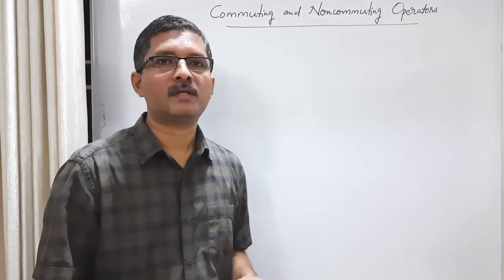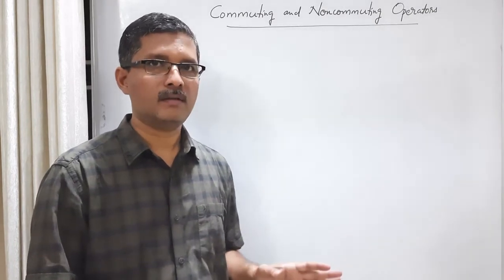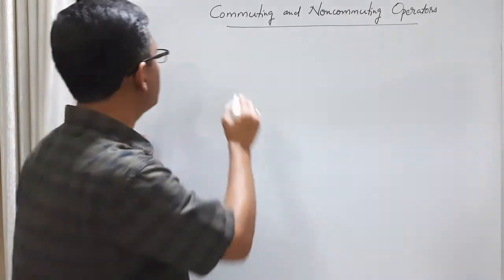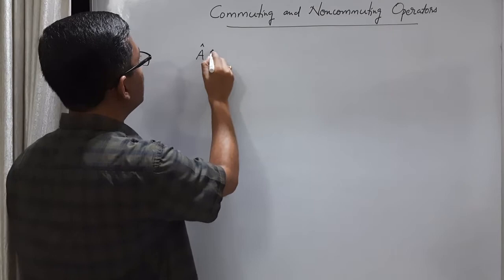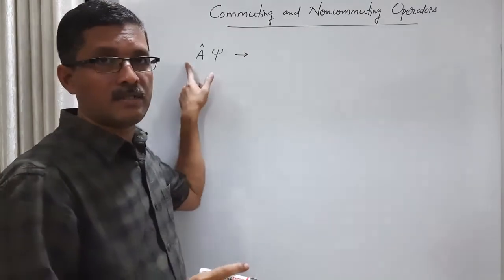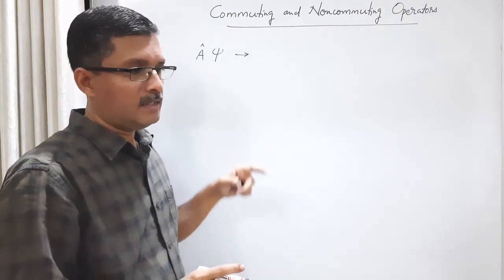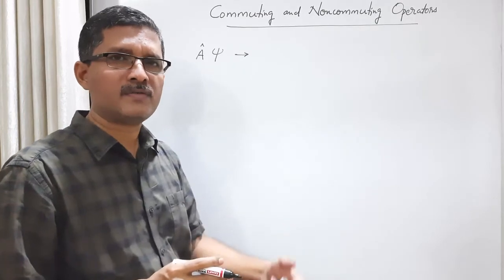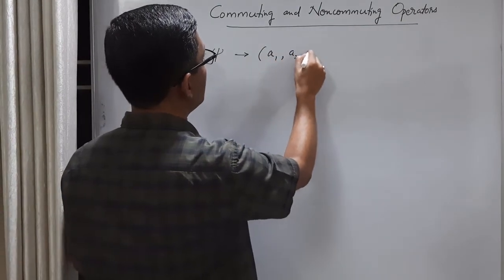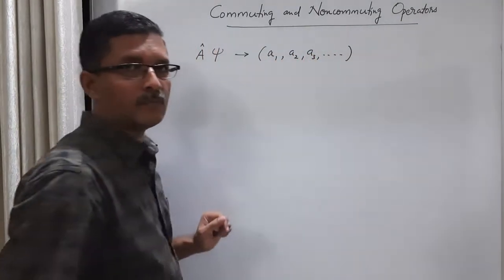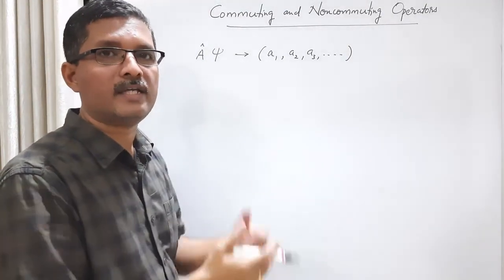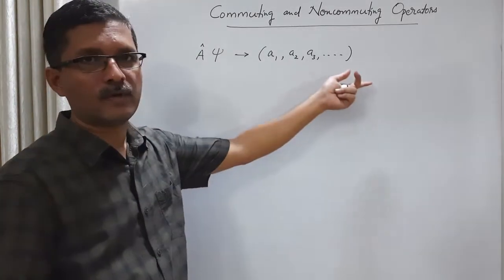The second possibility is that psi is not an eigenstate of either operator A or operator B. Now what happens when we measure A in the state psi? Psi is not an eigenstate of A, so it's a general state for operator A. Physically, each trial of measurement gives one of the eigenvalues of A, so we get something like A1, A2, A3, etc. In other words, we say that the physical quantity A is fuzzy or dispersed. Each trial gives a different eigenvalue.